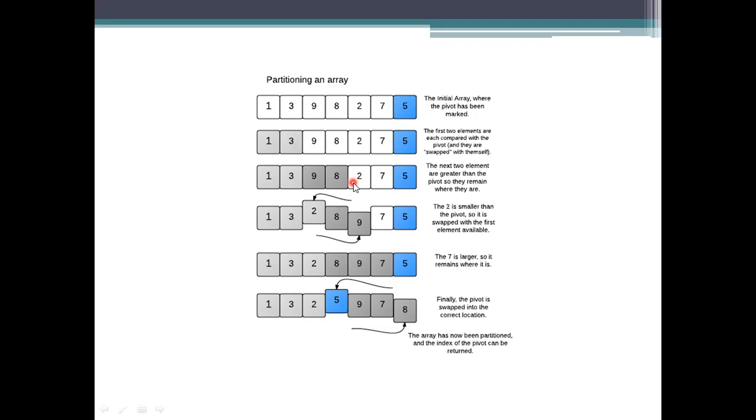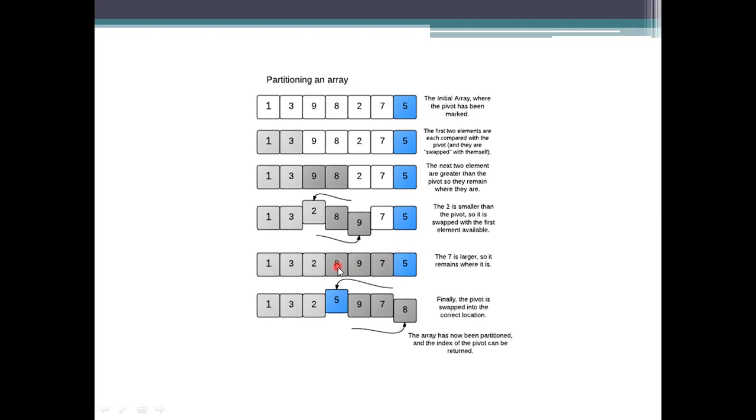And coming to the next one, we have the elements 9 and 2. Since 2 is less than 5, we need to compare with this one. Here 9 is greater than 2, so we need to place the elements by swapping. 2 has been placed. Coming to the next one, compare with the 8. 8 is greater than 5, so it stays at the right side. And read the value 7. It is also compared with this one, so it is at the right side only. Since it is greater than 5, it will remain at the position it had.